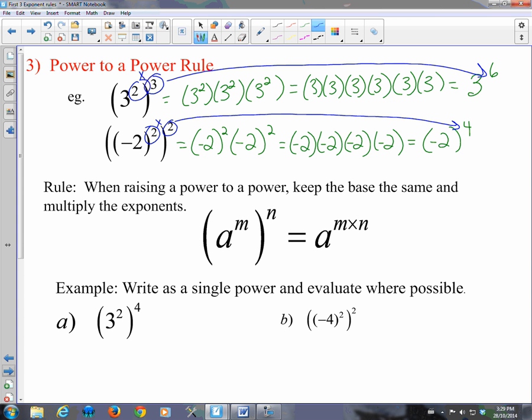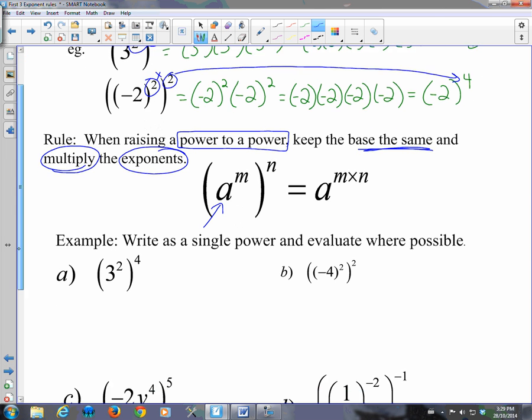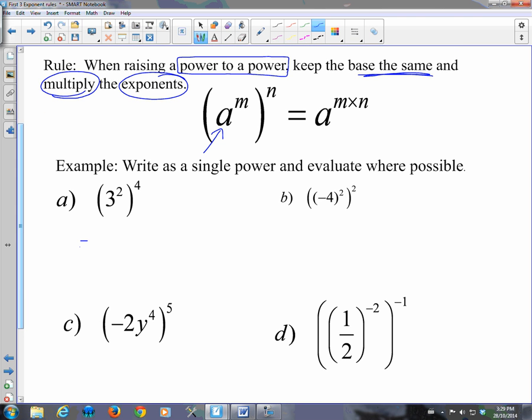So the power rule, when you have a power to another power, which means you have only one base and two exponents, keep the base the same, just like with all the other rules, but this time you multiply your exponents. So if I look at a couple of examples, power to a power. I have 3 to the exponent 2 to another exponent. 2 powers, 2 exponents. My shortcut, keep the base the same and multiply the exponents. So 2 times 4 is 8. And then 3 to the exponent 8 would be